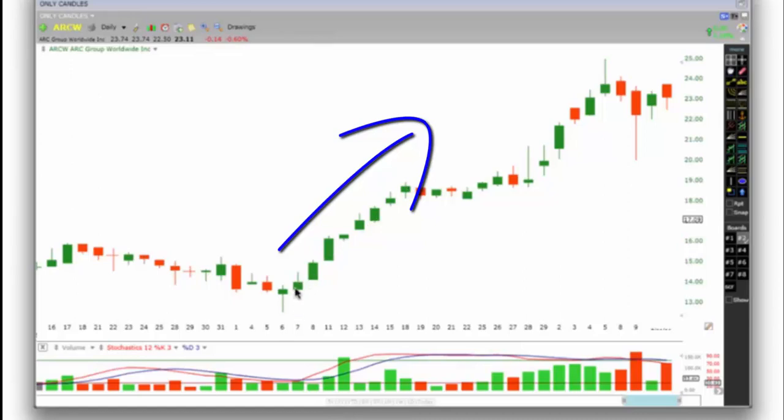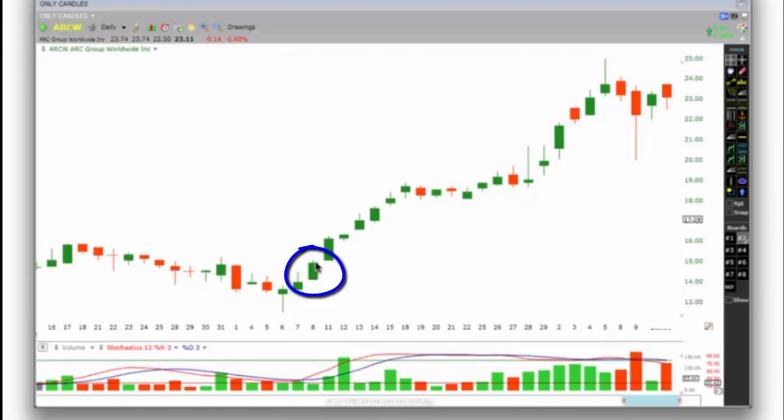So on this day, on the 7th, this is the big day. The price retraced back down to 14. The next day, another opening higher than the previous day's close. This is a great day to buy, as I said. Big day to the upside. Another big day to the upside. The price is stabilizing here.